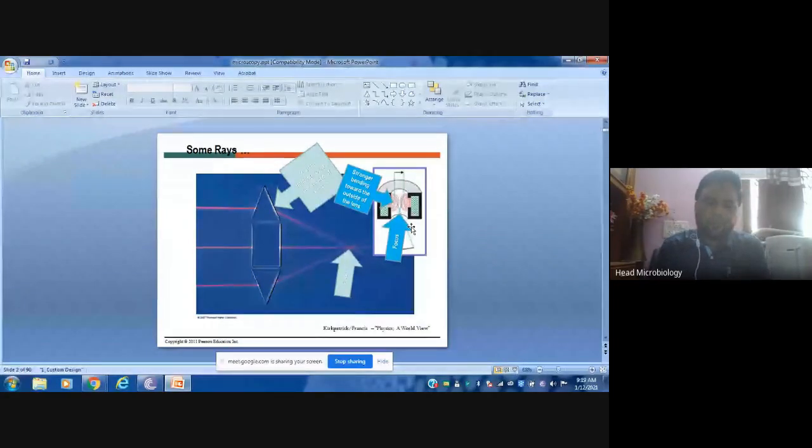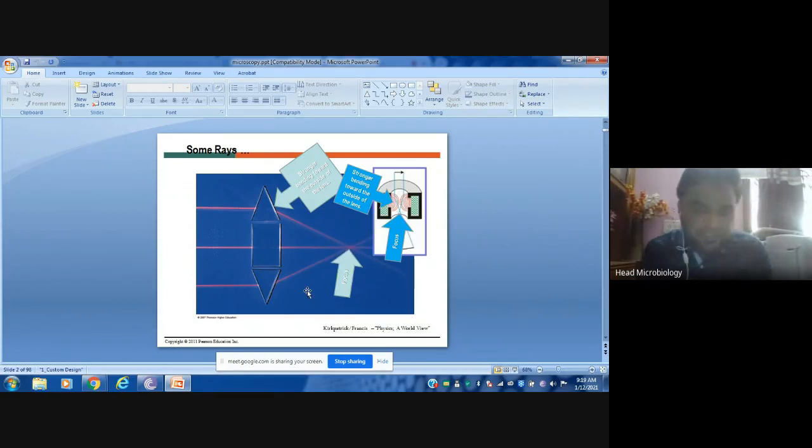Second thing, focus. There is one point which is there for all the lenses, whether it is concave, convex, or an electromagnetically created electron beam. There will be a point called the focus. How do we determine the focus? How do we decide the focus? What is the focus actually? Whatever the rays refracted by the lens, they will be coming and joining at one particular point, and this point is called the focus.